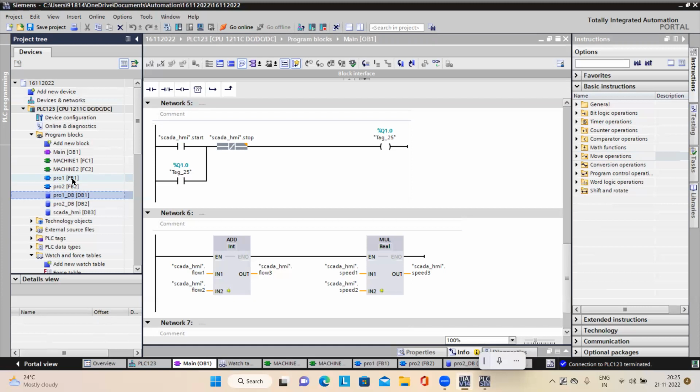In DB number 2 it might be using 100 bytes, like that. Means all these 10 DBs are sharing out of 1000 bytes. It depends on our requirement, means how many bytes we are creating in that particular DB block. Okay, so like that we are sharing. The total memory is like 1000, out of that we are sharing. Okay, for example, I can say